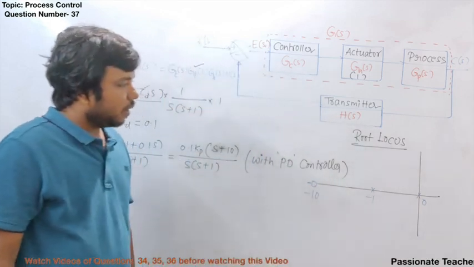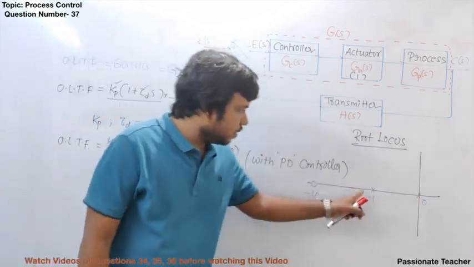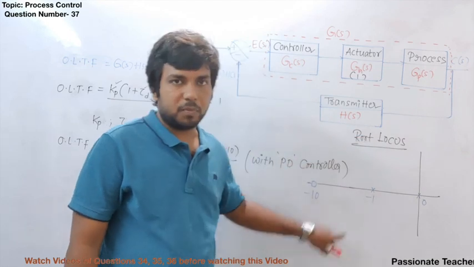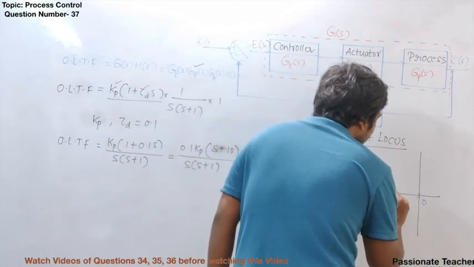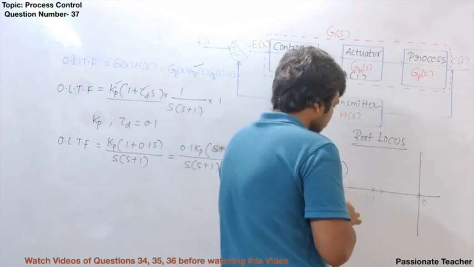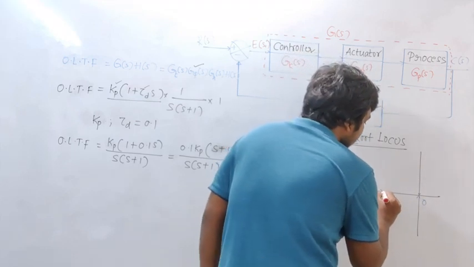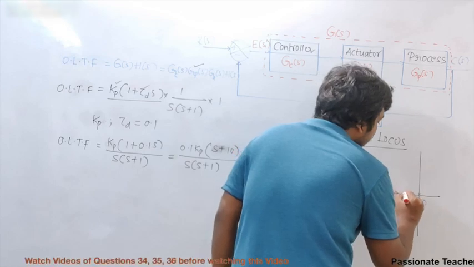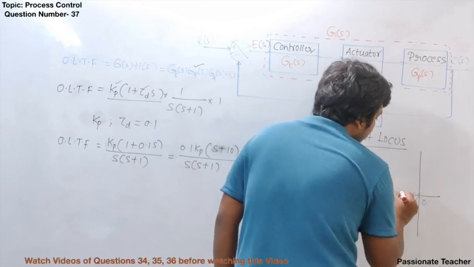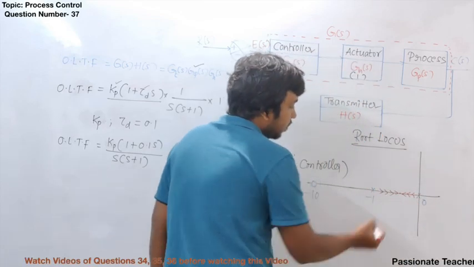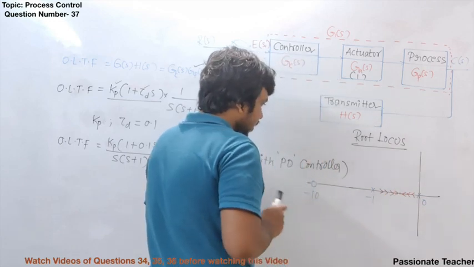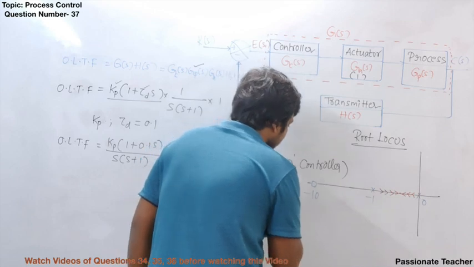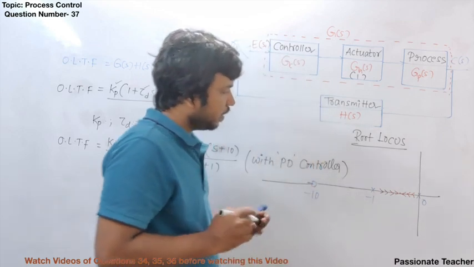Now look at this. What happens for the root locus? If you look at this total root locus plot here, in the S plane, we know that this closed loop pole will travel like this. If you increase the value of the controller gain, this will come like this, and this will come like this, right? And both will meet at a breakpoint, and from here, I am damn sure that it will try to trace to the open loop zero. Now the zero is at minus 10.